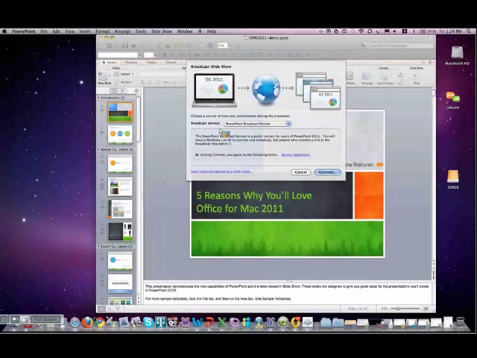It will say, okay, how would you want to broadcast it? There's actually a couple of ways, but out of the box, if you use a PowerPoint broadcast service, this is actually a free service from Microsoft. And obviously there's your terms of service and whatnot. So when I hit connect, what it's going to do,